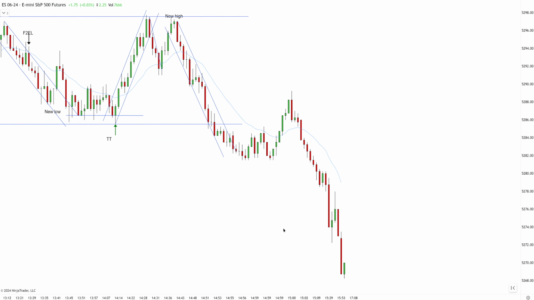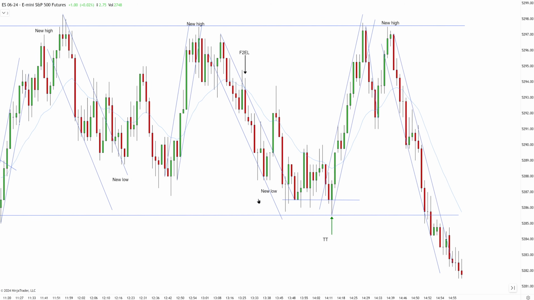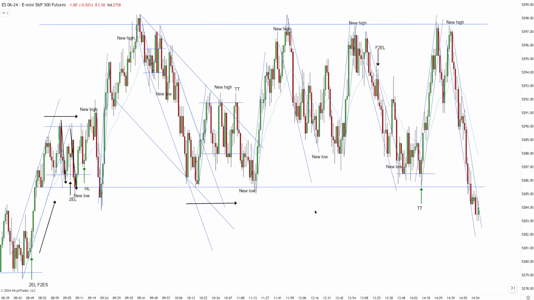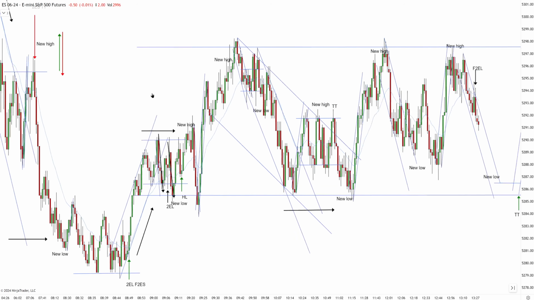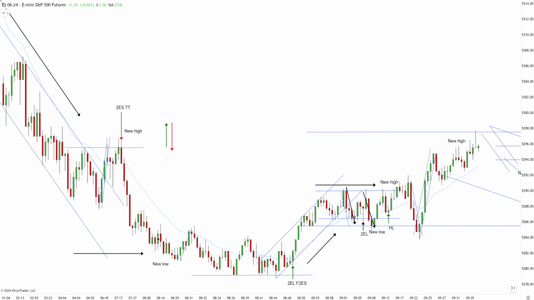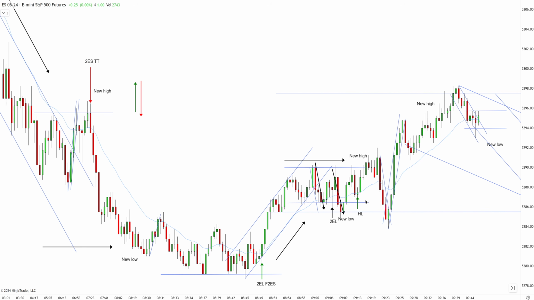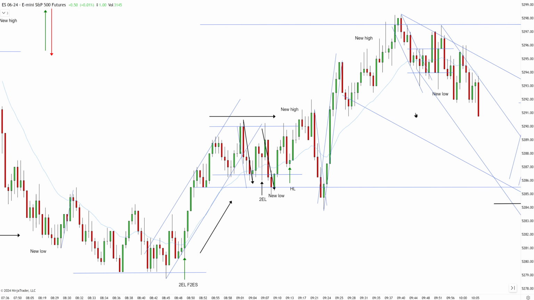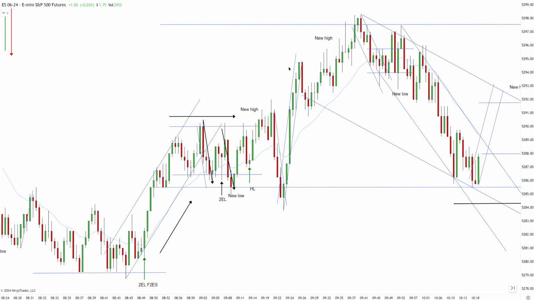Break new extreme, and it's getting too late. I went through this chart fairly quickly, much quicker than I normally do, but that's because it's a choppy day without many high probability setups. We started with fairly clean price action, breaking new low, market cycle into consolidation, bullish uptrend, breaking new high. But after that point, you have to be really patient, because while we have such a massive bullish spike,